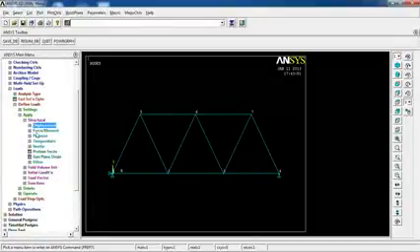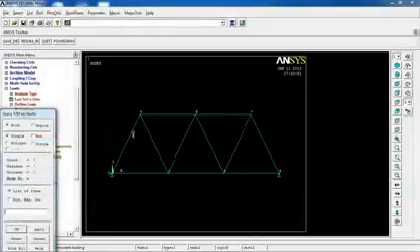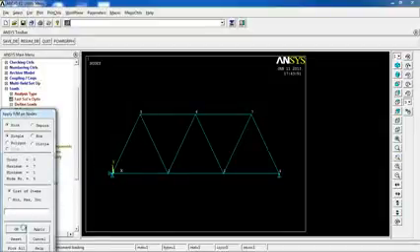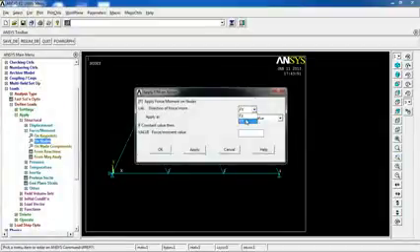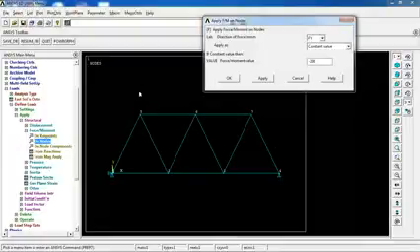Now the other thing I want to apply is the force. Again on the nodes, click on the node, pick node 5, and on here we're going to define an fy of minus 200, and the reason I'm picking minus 200 is that my force is going to be applied downwards, which is in the negative y direction. So I'm going to click OK,